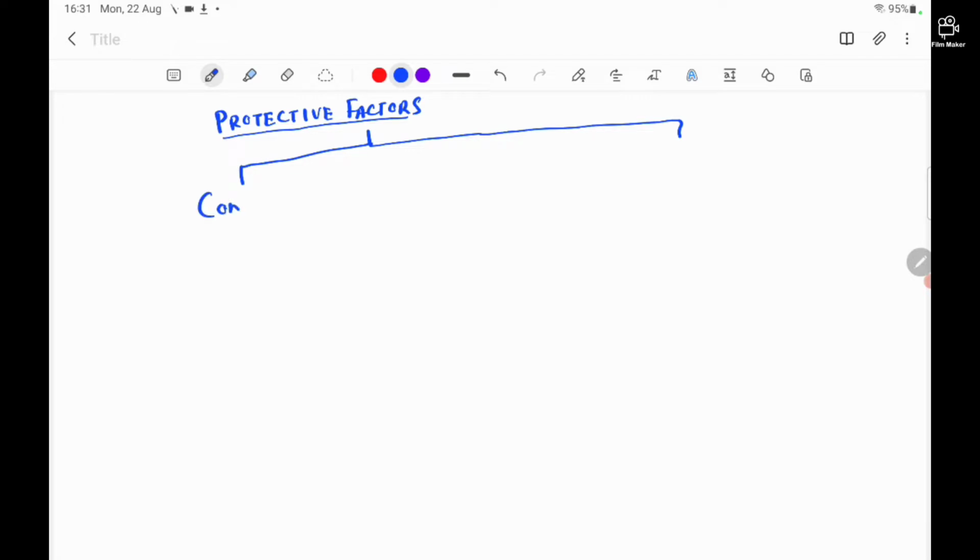One is contraceptive, another is, let's take it as other factors. So in contraceptives, what contraceptive methods are there? We have the barrier method of contraception,